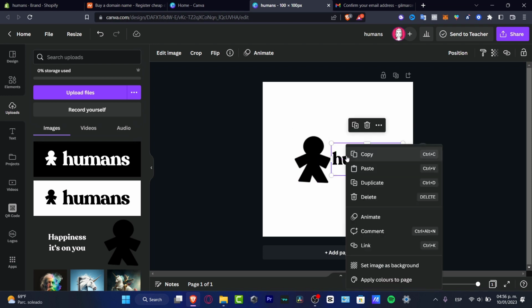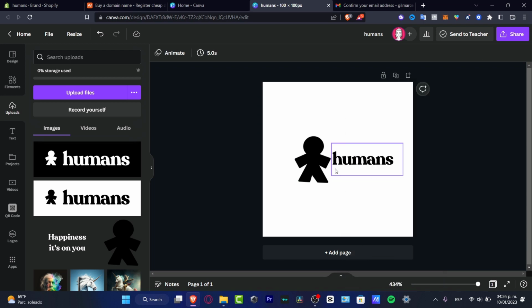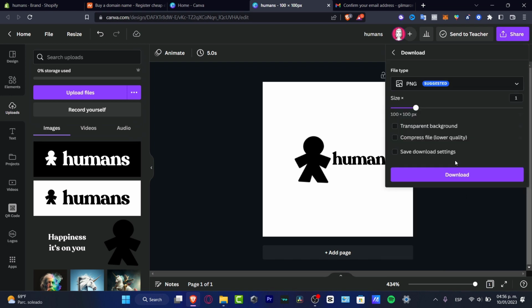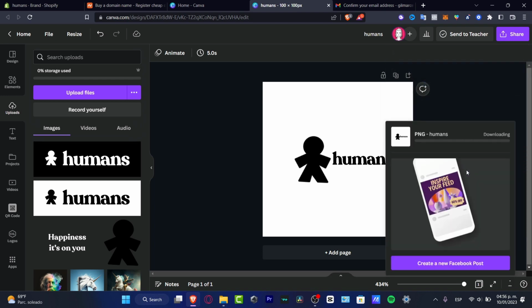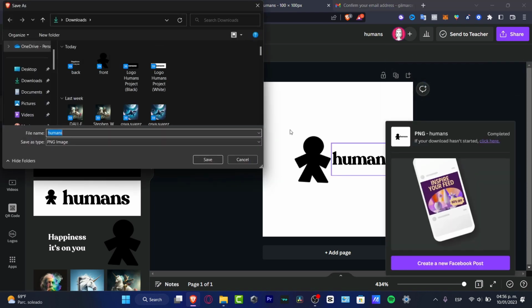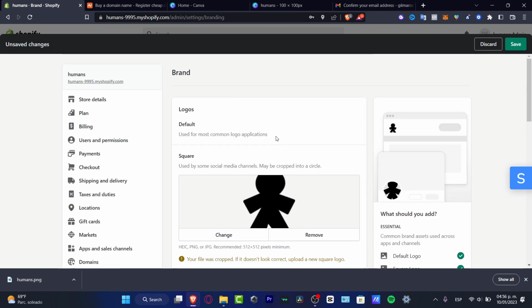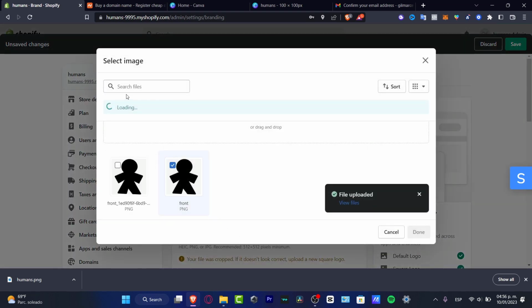So there you go. Once you have that successfully created, what you want to do is hit share. I'm going to choose download. You want to, of course, enable the PNG file. If you want to size that a little bit bigger to have more resolution, you can just apply that and hit download. So now that my brand has been created with Canva, I'm going to save that into my files. I'm going to go back into my Shopify, and I want to change this from the one